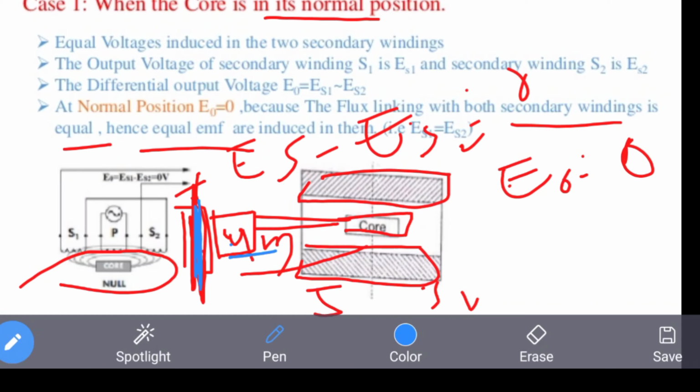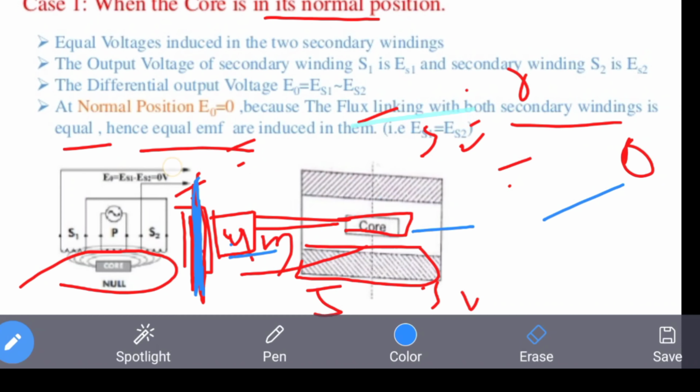If the thickness of a rod increases, assume that it is in a steel manufacturing industry, then there is a small motion in the core. That motion is converted into an electrical signal, E not equal to 0. It will produce some voltage. Let us see that diagram also. We can erase now. We can go for another.